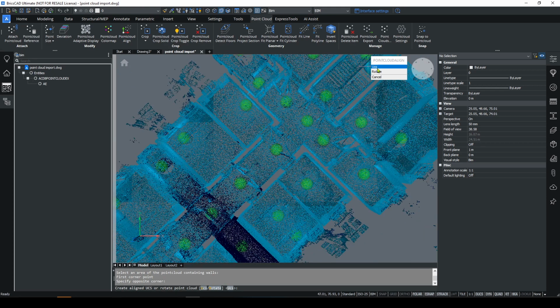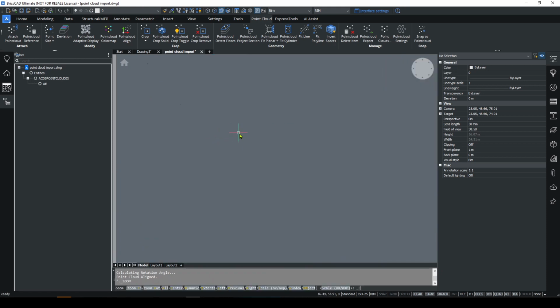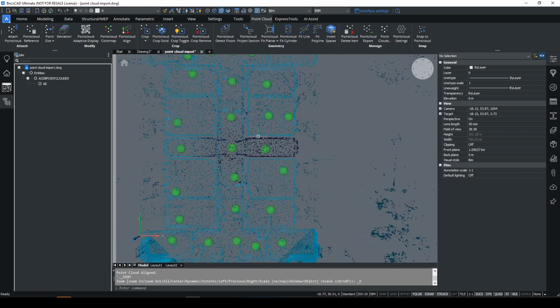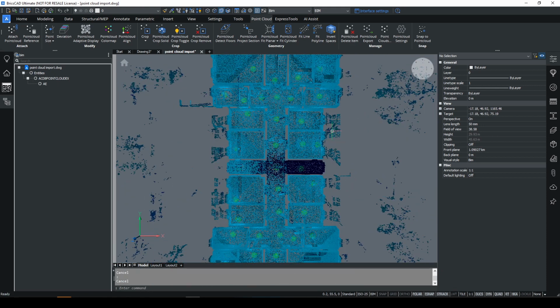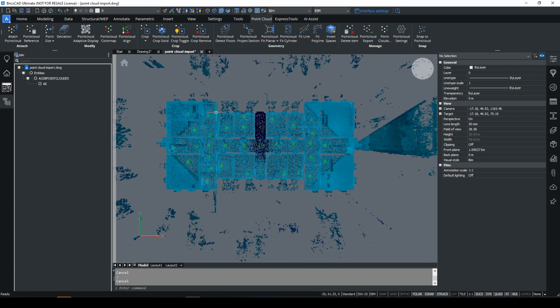You do have the option to move the UCS and not rotate the object, which would be very good if we had a more complex point cloud with different alignments. In this case, the walls are all consistently pointing in the north, south, and east, west direction, so we can just work with this. What I will do is rotate this a further 90 degrees, just so it goes across my sheet nicely. Okay,